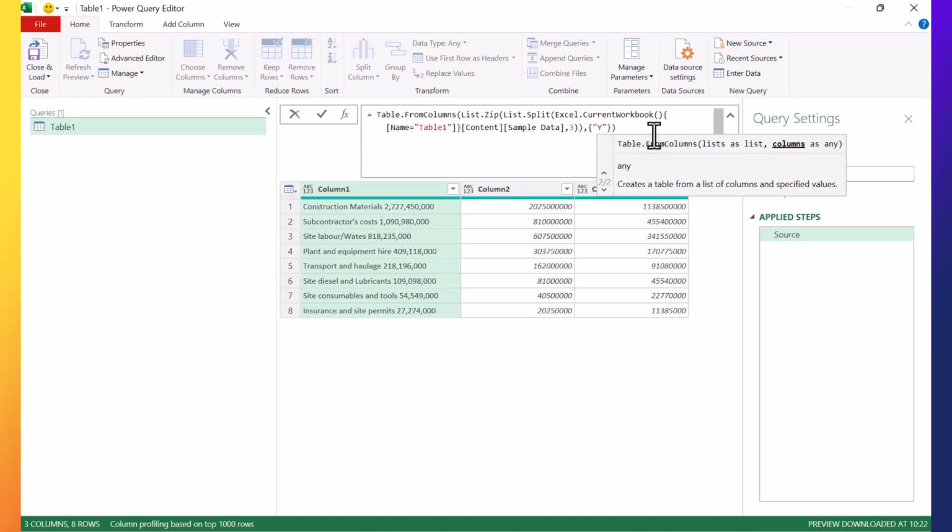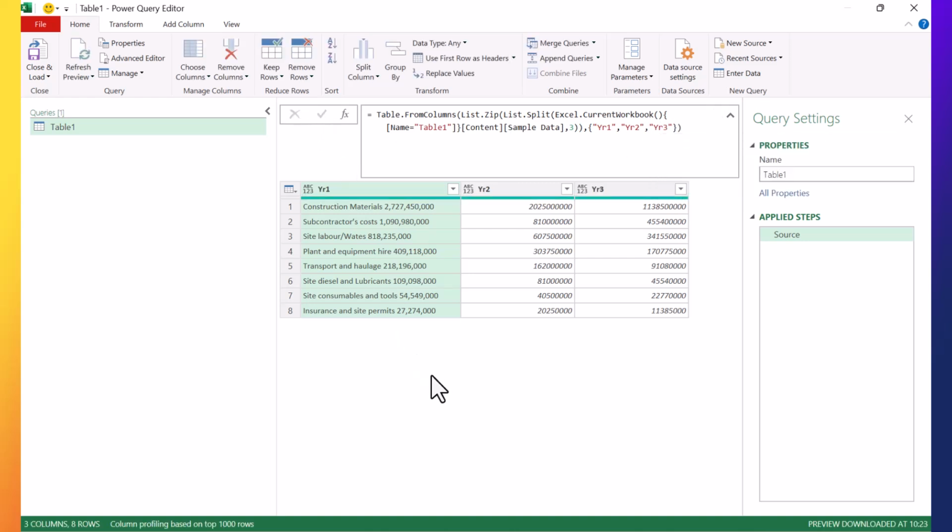So I'll use the abbreviation year 1, then I'll also specify year 2, and also year 3. Once I do that, I'll hit the check mark, and therefore you can see now we have renamed the